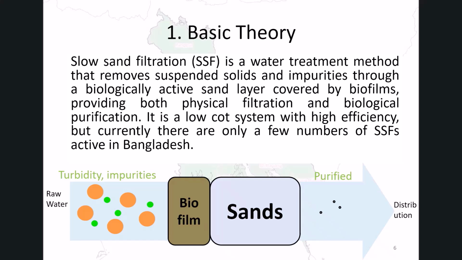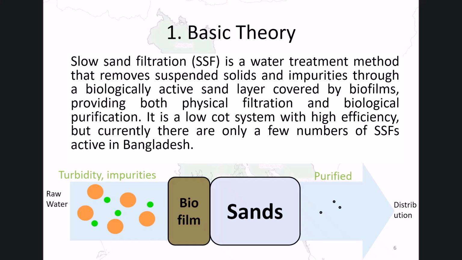As the water passes slowly through the sand layer, a thin biological film acts as the main purification agent. This layer contains microorganisms that consume organic matter, trap fine particles, and significantly improve water quality. The sand itself provides physical filtration, while the biofilm provides biological purification. This combination makes slow sand filtration extremely effective at producing clear, stable, and tasty water without complicated equipment.